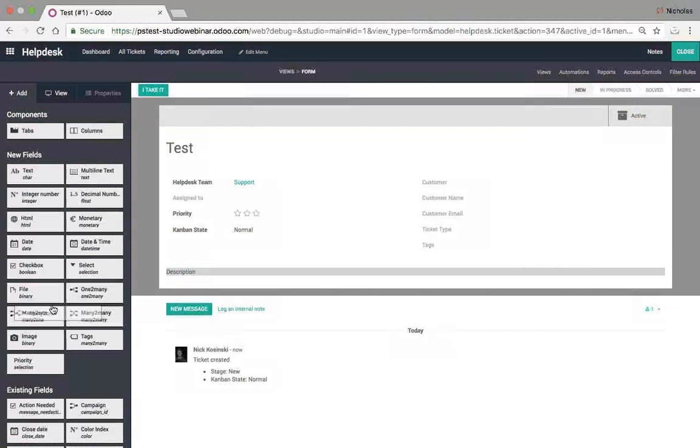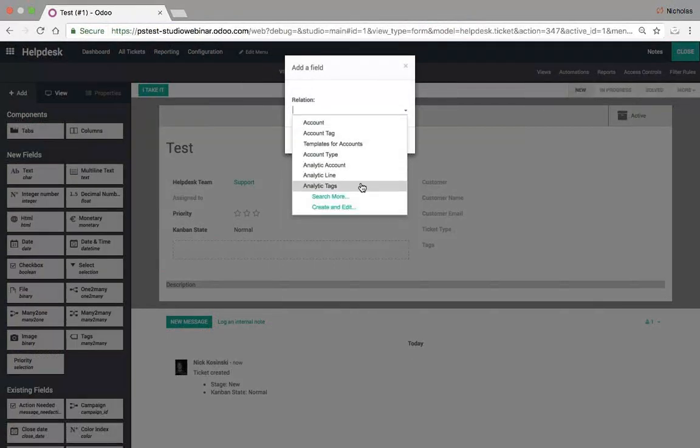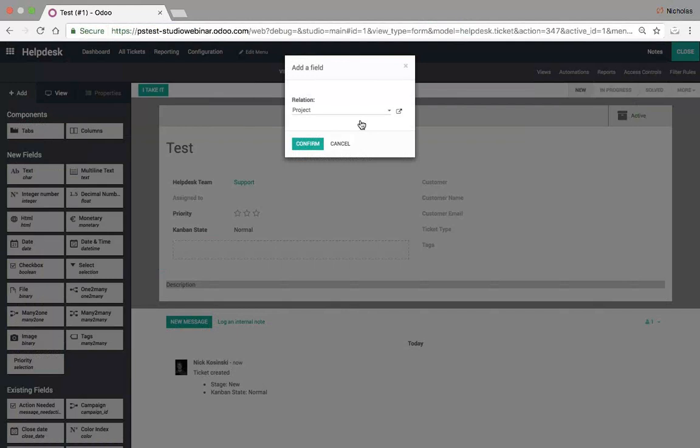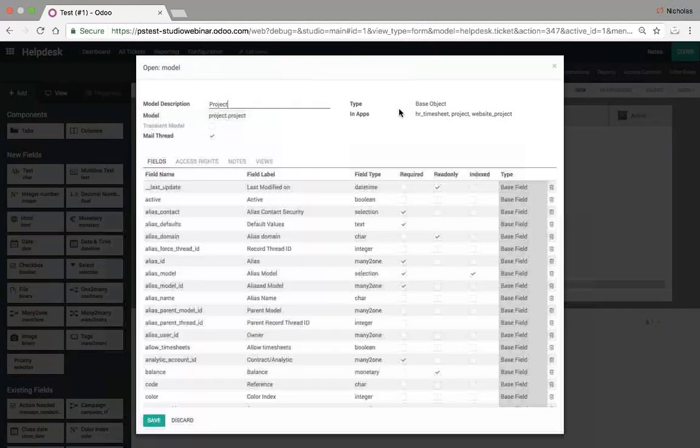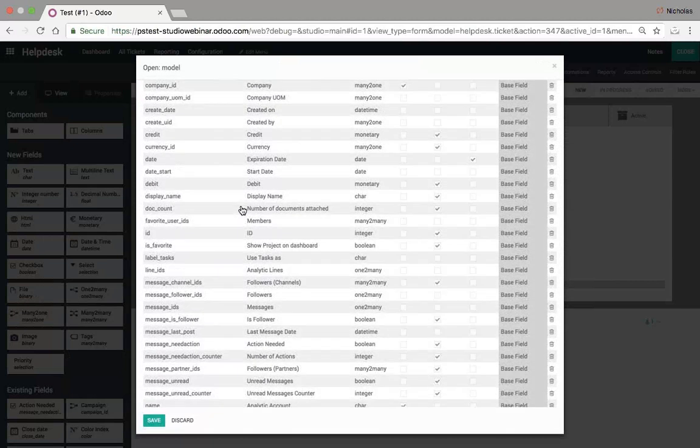And I can select, drag, drop the many to one model here, the field. And when I pull down, it'll show me all the different models that I can relate this many to one to. So for instance, I want to relate it to a project dropdown. I quickly select it and I can confirm it, but I can also click here to see more detail. Now it shows me the model project, and I can see all the different fields associated with a project